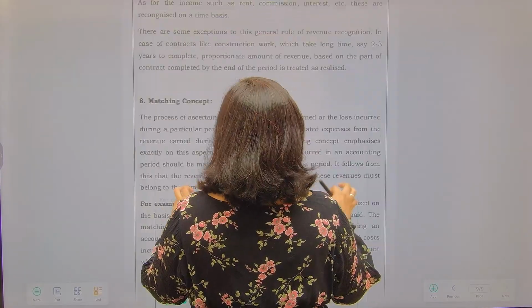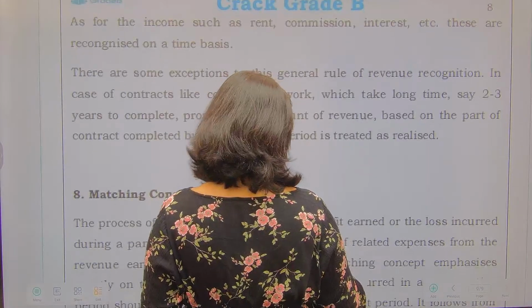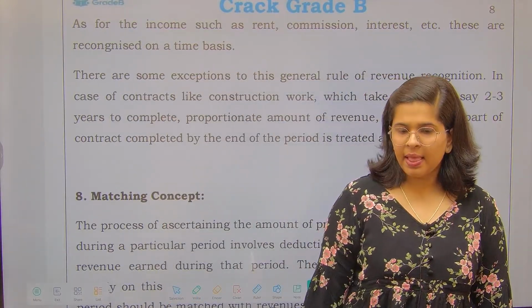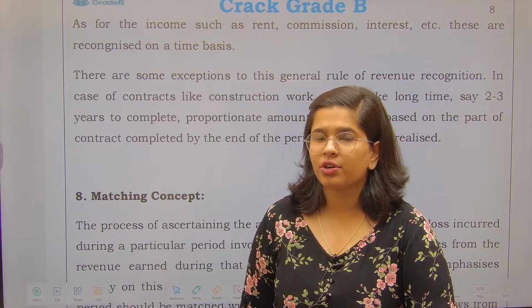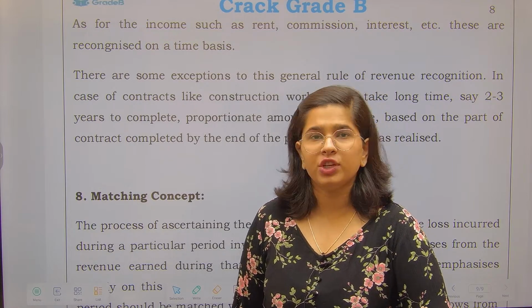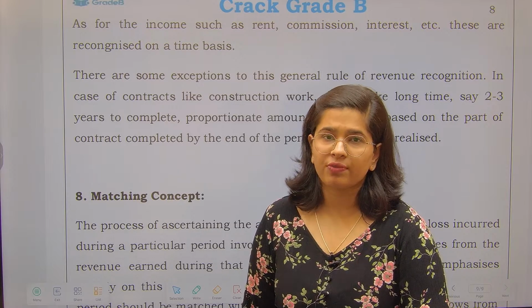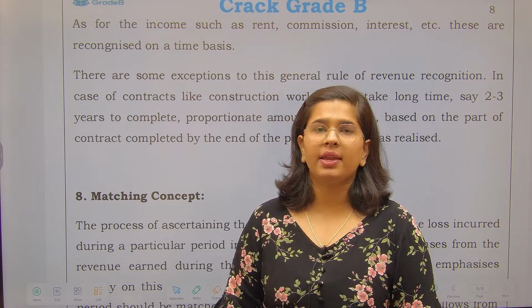Now exception is also provided. What is the exception of revenue recognition? So this is called as the contract. So in costing we read the contract costing. So suppose you are a contractor and you have received a contract of constructing a bridge. अब bridge तो एक साल में पूरा नहीं हो जाएगा ना. It is going to take some amount of time to get completed. So in this particular case, how should I record my revenue?